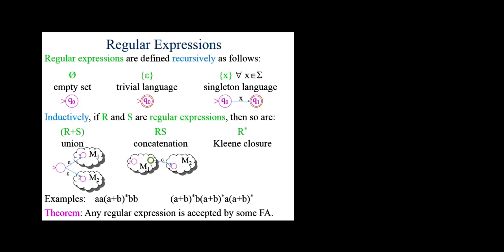So I'm being very precise in my use of words here. Notice I'm not saying this machine will accept RS. RS is a regular expression. Machines don't accept regular expressions, they accept languages. But the regular expression denotes a language. So this machine here will accept the language denoted by the regular expression RS. How many see this semantic hair splitting and that it's important?